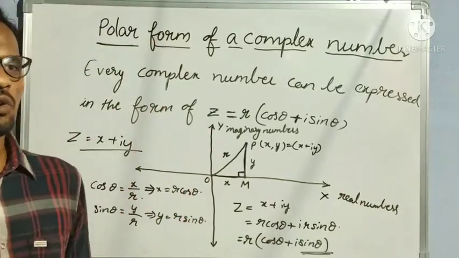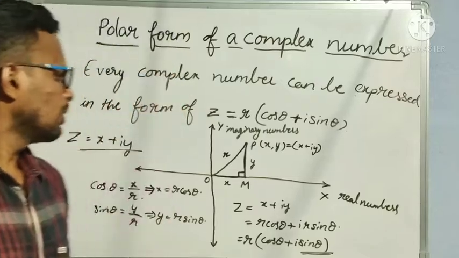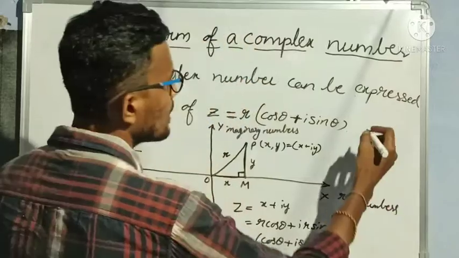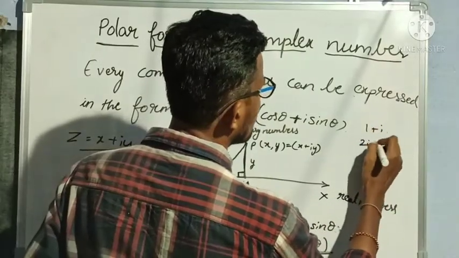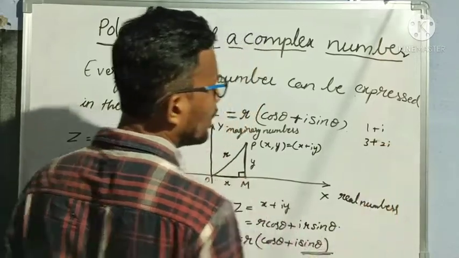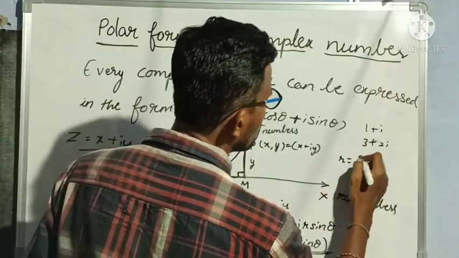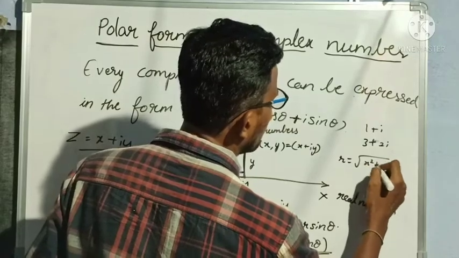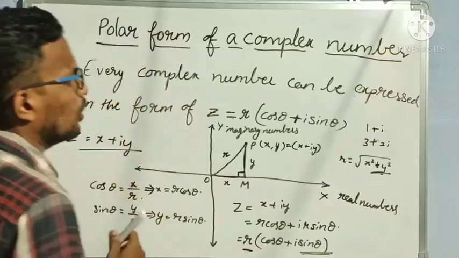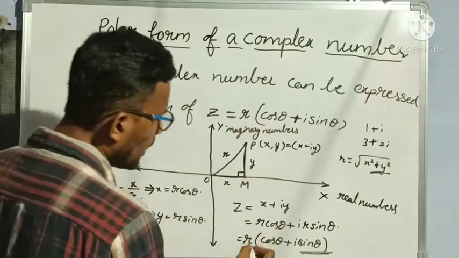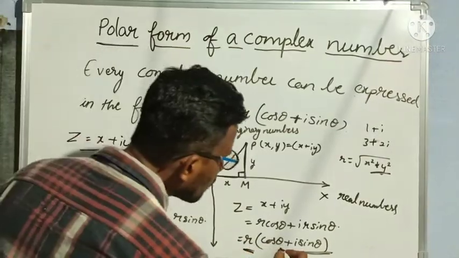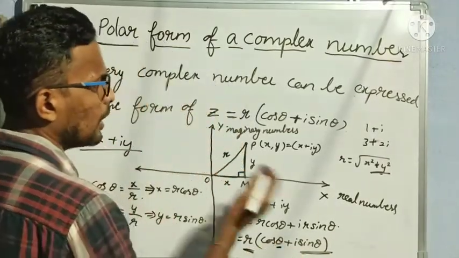Okay, so now, previously when it was like 1 plus 2i, or 3 plus 2i, something like this, then for finding modulus we used to find out r is equal to square root of x square plus y square, right? But here in the polar form directly it will be there. In the polar form, in the complex number itself, we can find out r value directly. And argument value also, whatever theta is there, this becomes the argument value directly.